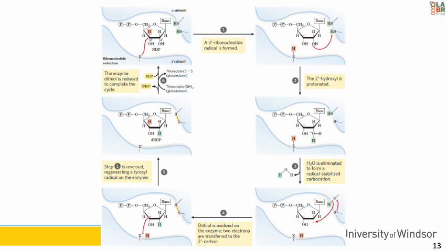So this right here is a likely mechanism for the ribonucleotide reductase reaction that happens. This is the proposed mechanism of ribonucleotide reductase that happens in eukaryotes. You just want to look at the fact that we have these activated thiol groups that are present on the alpha subunit. You also want to make note that this X right here is the active site radical that is on the beta subunit.